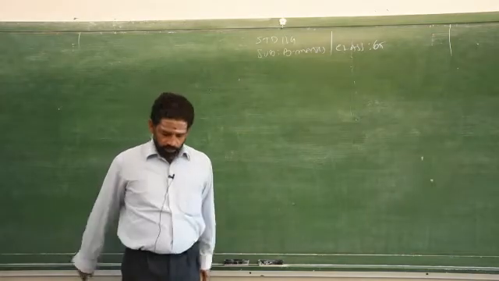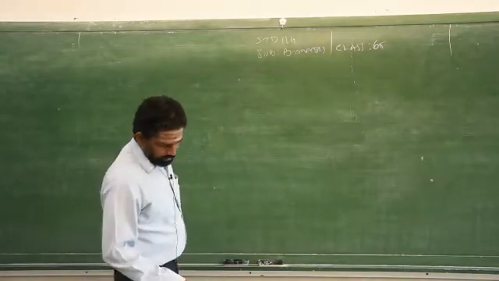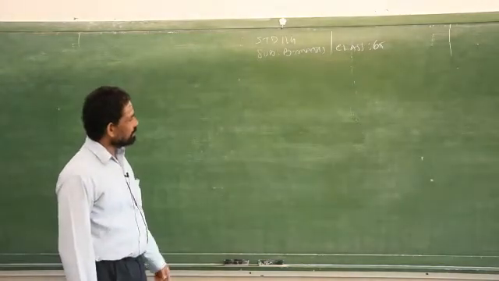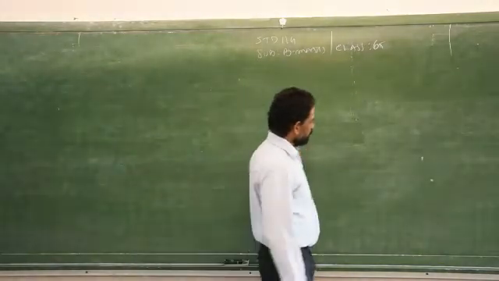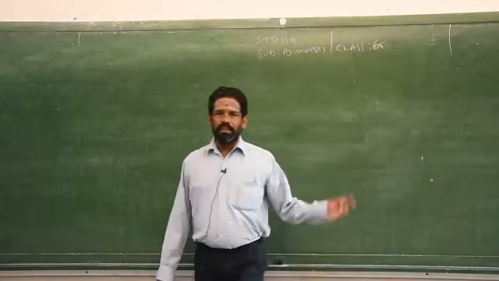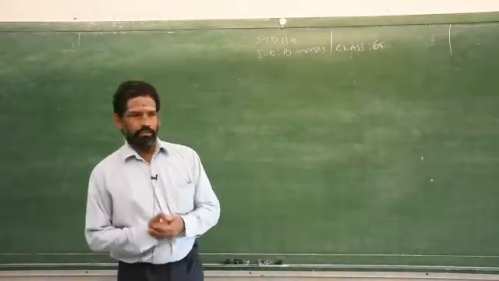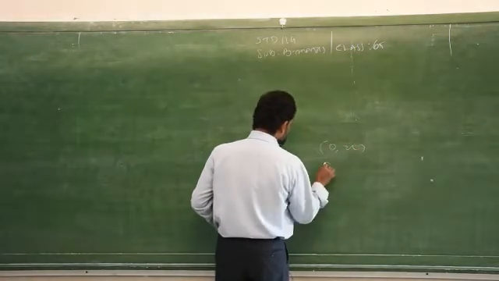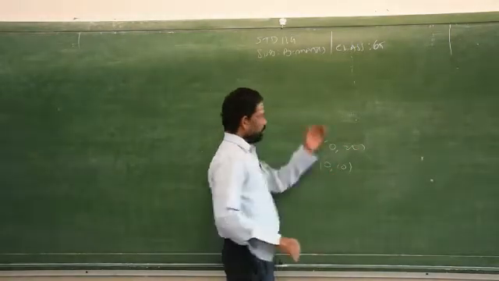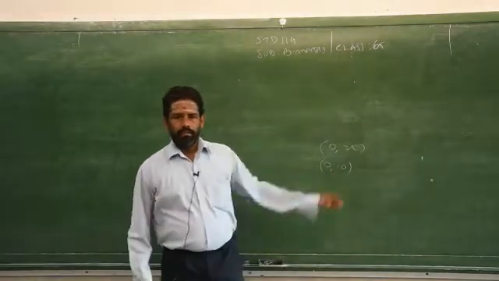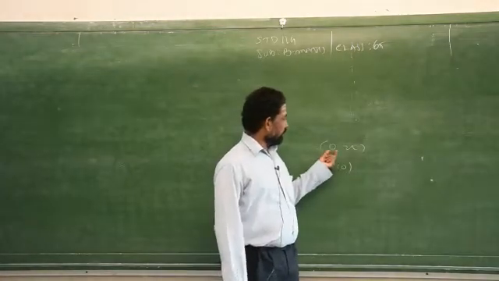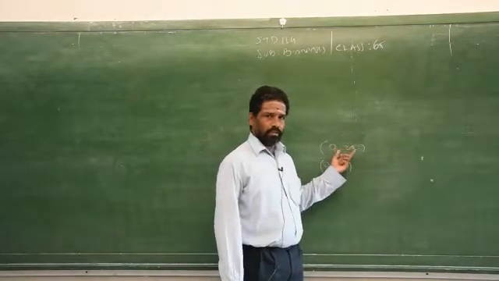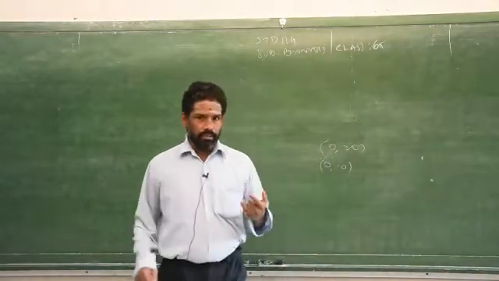Good morning, boys. We will continue exercise number 10.1, sum number 1. In the previous class, I wrote some corner points. There I made a mistake, I told you already. So you just have to remember, instead of 0,22, you have to take 0,10 in the final stage. I calculated with the help of 0,22, but that is not correct. I told you already in the last class, I made a mistake.